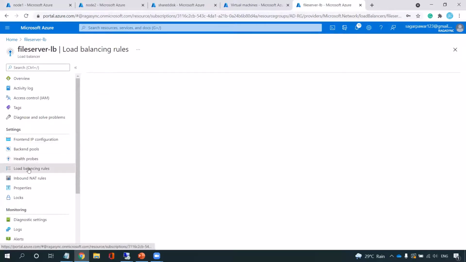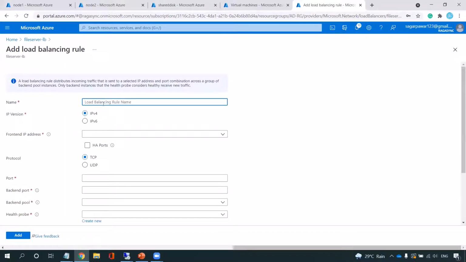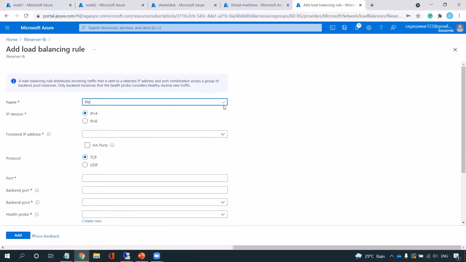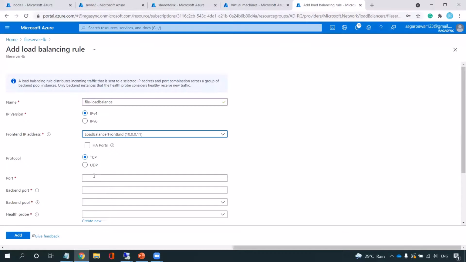Let me go to the load balancing rule. In the load balancing rule, I need to set up my incoming and outgoing. For the name, let me put file load balance. Let me choose the front-end IP and the TCP port 445, the SMB port.